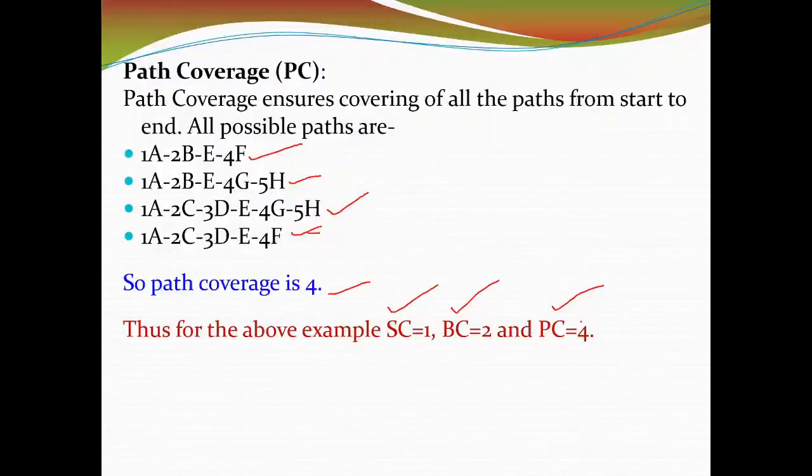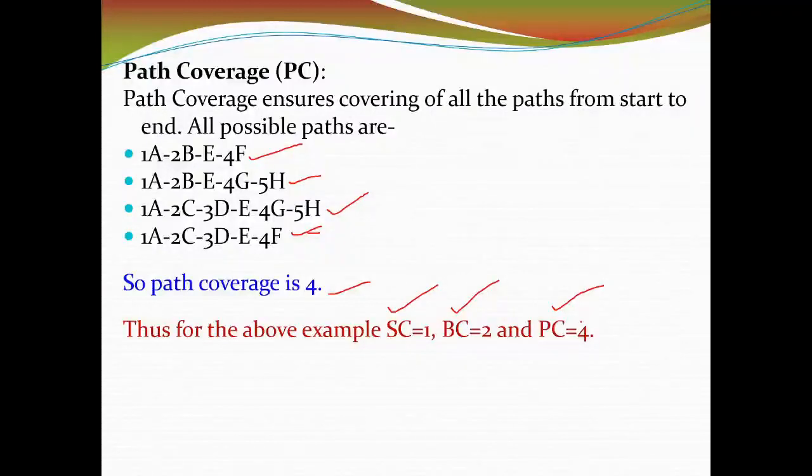The difference between condition coverage and path coverage is, in condition coverage, you are going to test only the true part and false part. Once the true part is executed and once the false part is executed, you can achieve 100% condition coverage. But in path coverage, even if you execute the true part and false part, you will not achieve 100% path coverage, because inside the conditional statement again you have a true part and false part.